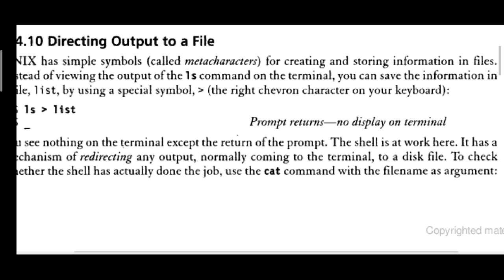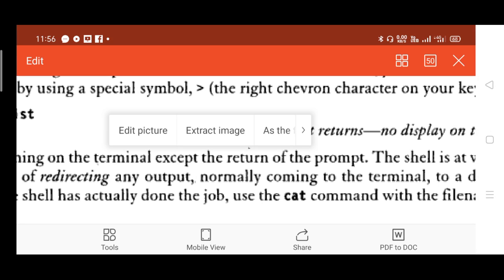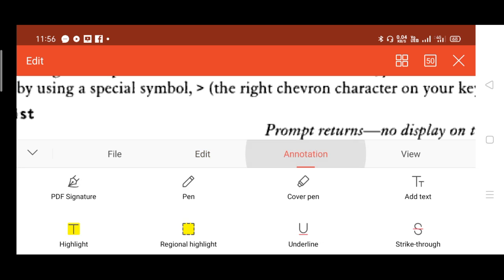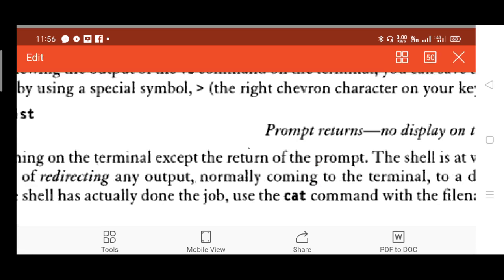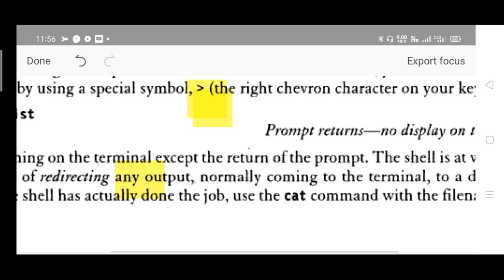The symbol which I am highlighting here is called the right chevron. This indicates transferring content from one location, the left-hand side, to the right-hand location.